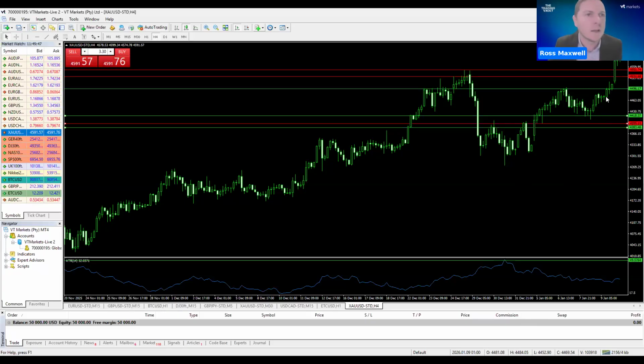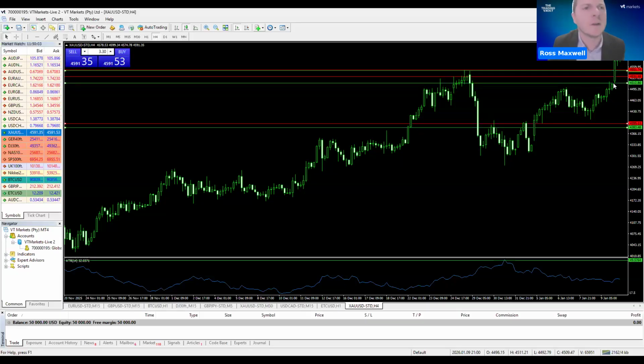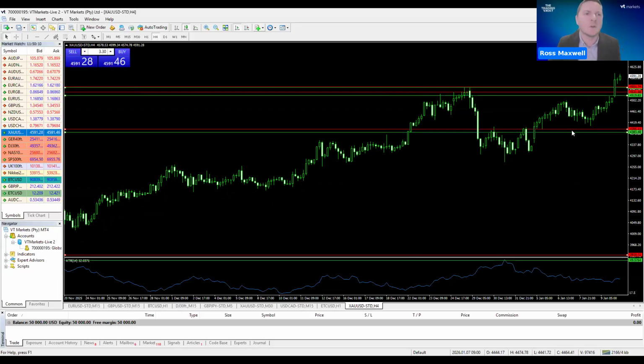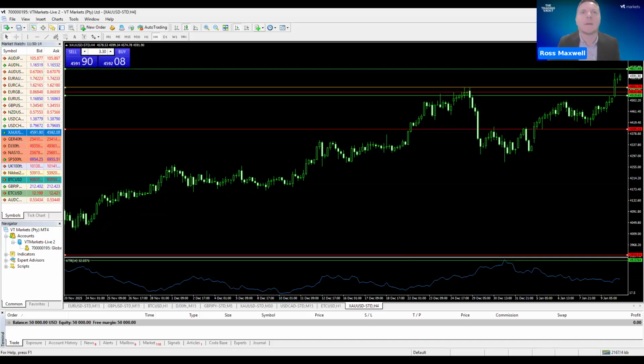And again, likewise, if we push higher, what would I do? I would look to buy a retest of this area at 45.50. This zone is only sort of 20 points wide. So again, I'll probably still have a sort of 30-point stop on that. So 45.20 as a stop. And my target would be based on whatever the price action is here. I would look for at least 1 to 1, and potentially higher.